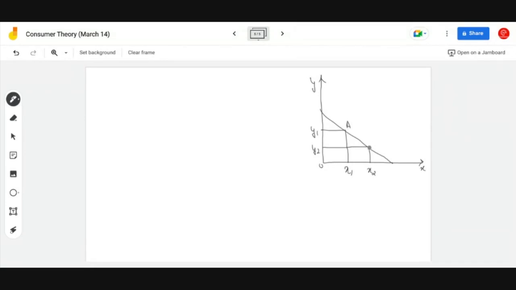This is point A. This is point B. So marginal utility of good X is nothing but